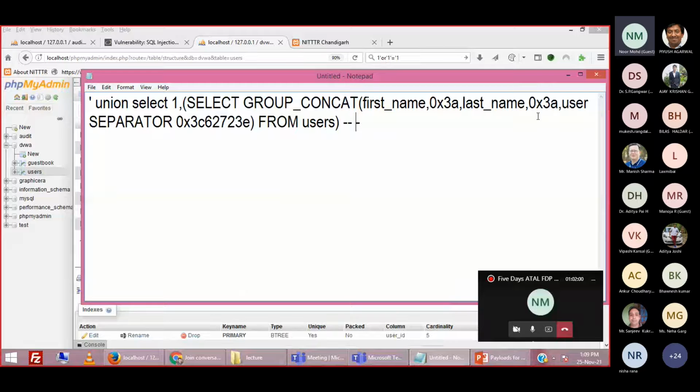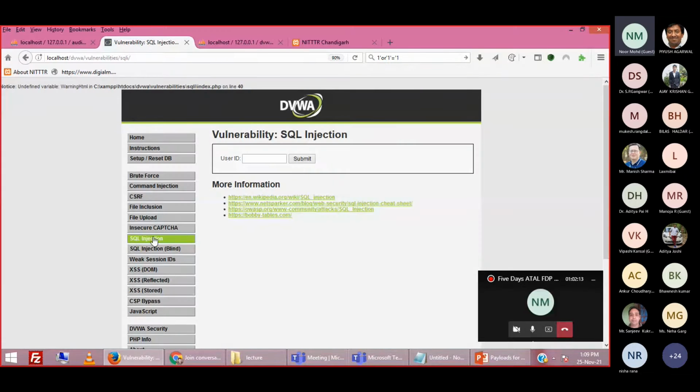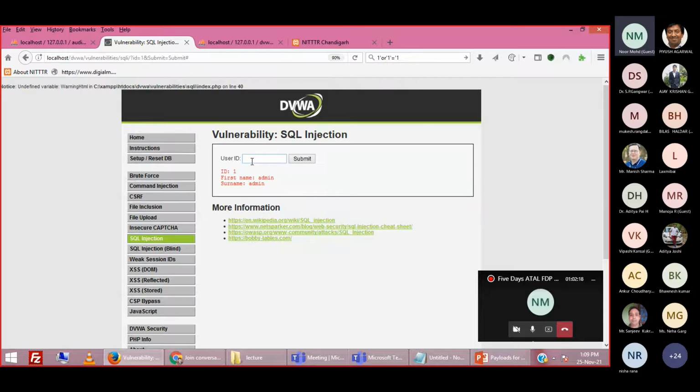First name and last name? No, ma'am. The first name and last name were already displayed by the developers, right? The actual query, without hacking, without performing SQL injection, was giving us the first name and last name. So why are we interested in hacking? Why are we doing so much effort? Because we are interested in sensitive information other than the first name and last name. Because the first name and last name were themselves given by the developers of this page, right? And it is of no use to me.